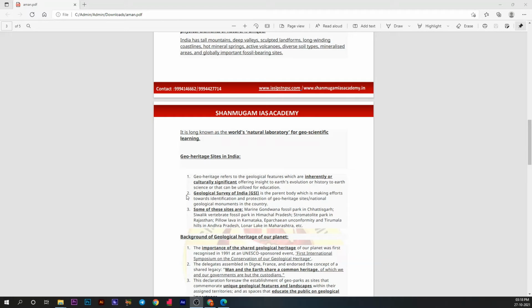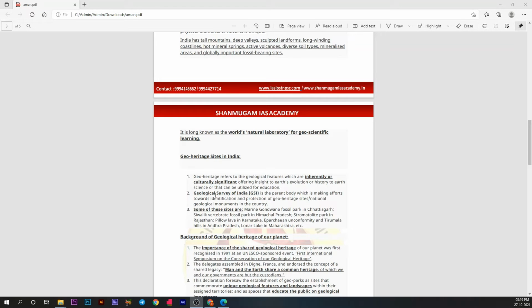I have told you about geodiversity, and now, what are geoheritage sites? Geoheritage means significant geological features such as landforms and landscapes which are preserved. This word is important. These are landforms and landscapes which have significant history for the full range of values that society places on them. These are called geoheritage sites, which have a long history of the evolution of earth science that can be utilized for education. And who is the parent authority here?